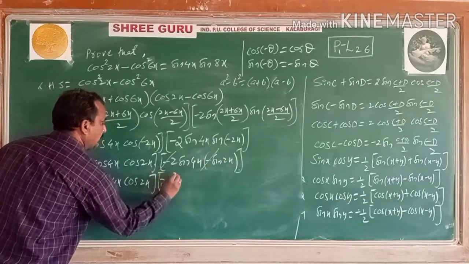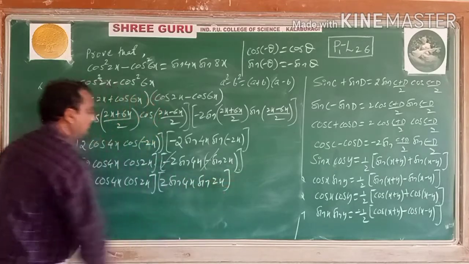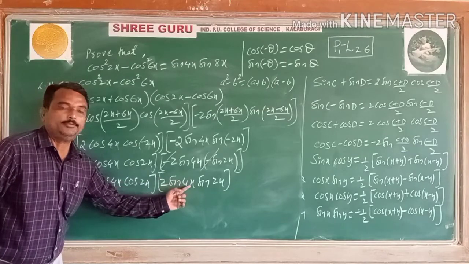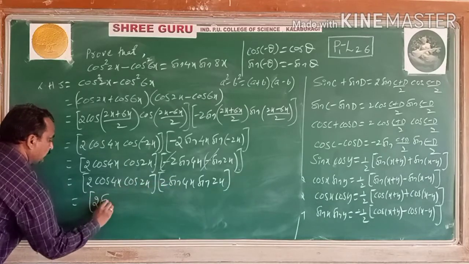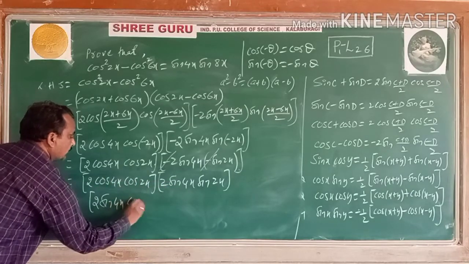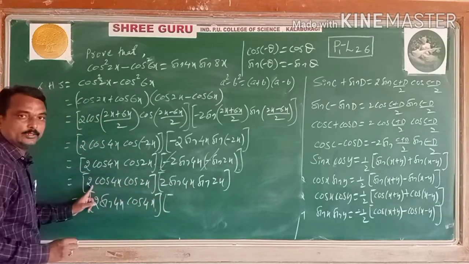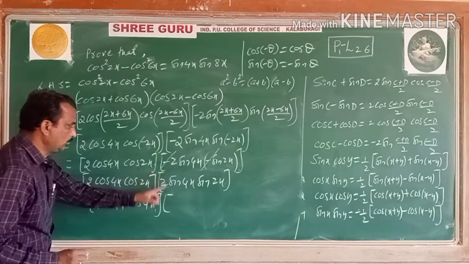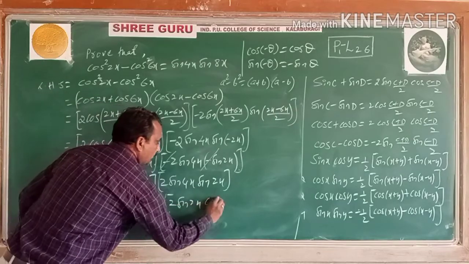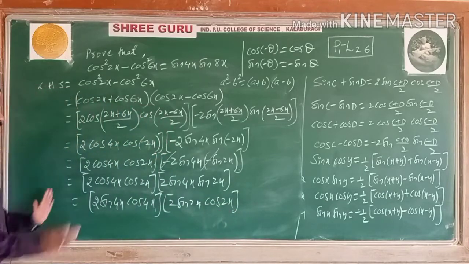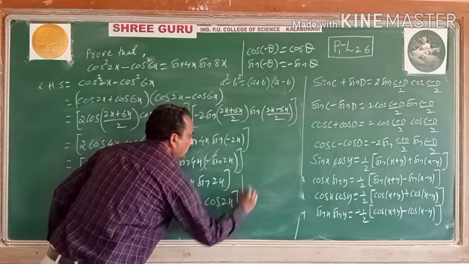2 into, take the bracket, 2 into sine 4x into sine of 2x. Similarly, arrange the same angles one side, as in the previous type. 2 into sine 4x, first I will write sine 4x into cos 4x, same angle one side, one in this bracket and one in this multiple. Here 2 twos are there, one 2 taking this multiple and this one 2 remains as it is. 2 sine 2x, same angles, 2x angle one side, 4x angle one side, the products here. What does this become? 2 sine 4x into cos 4x, according to your formula.